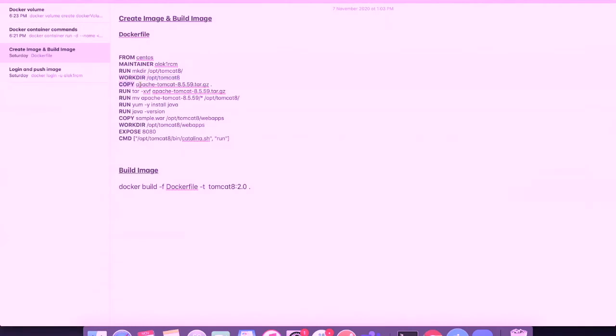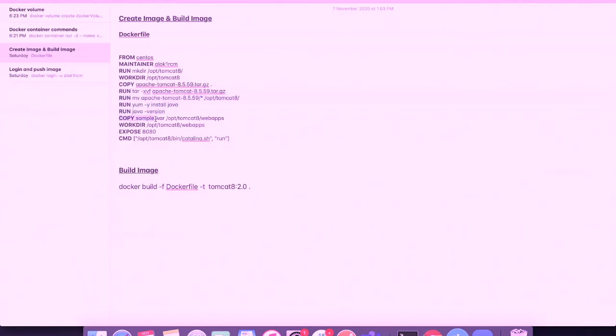I am copying one of the Apache Tomcat tar files from my local to this image, and then I will run these commands. In the same working directory I am moving that Apache Tomcat contents into this directory that I have created, and then I will install Java. The RUN command is useful for that.